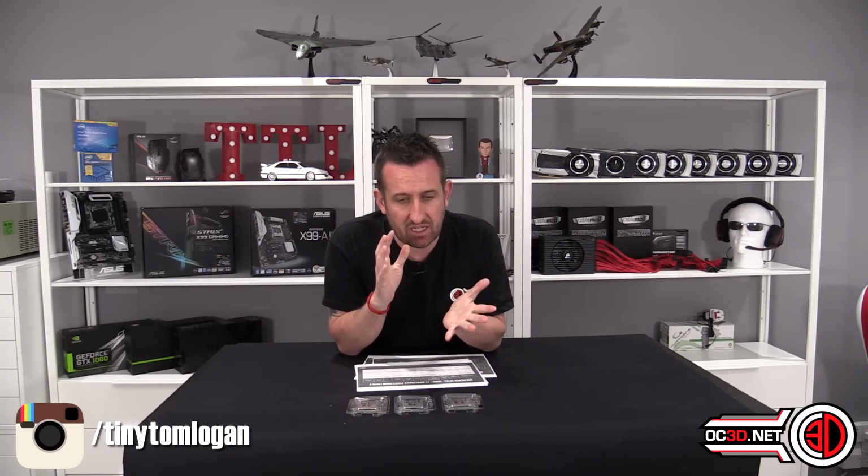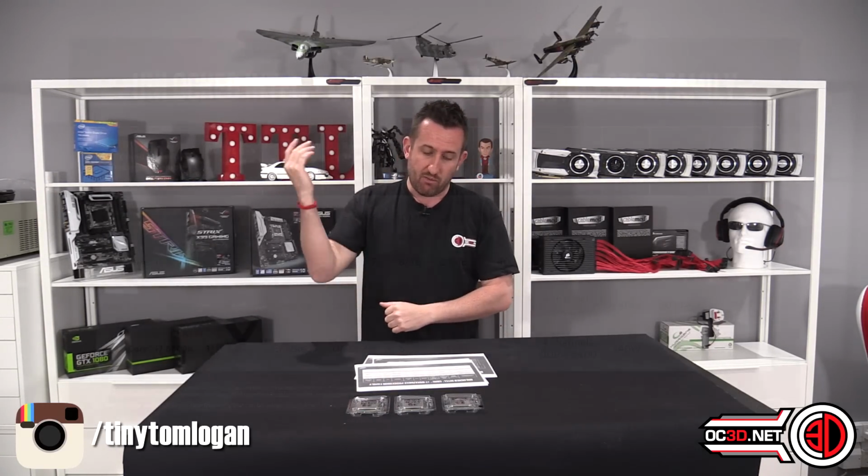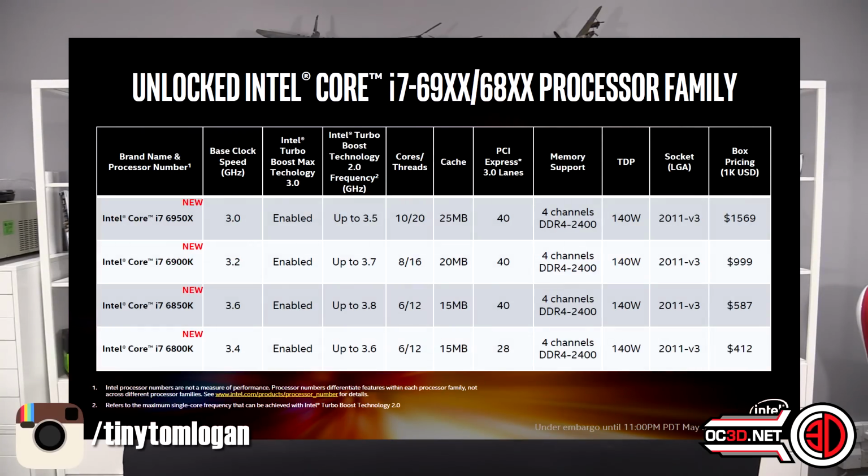I'm not sure that we're entirely at the point of graphics cards completely saturating an 8 times bandwidth yet. But if it was me personally, I'd rather spend a few more quid and know that it was getting the full 16. And that's where the other processors come in. When we bring the graph back up, you've got the 6850K, which is the first 40 lane processor, and it's probably the new processor in the lineup as well, because it's 6 cores and 12 threads